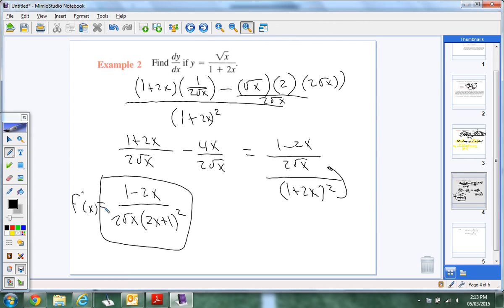Right, so you moved this up and made it x to the negative 1/2, and then you can't move the 2 up though. Oh, you didn't move it up though? Instead of using x